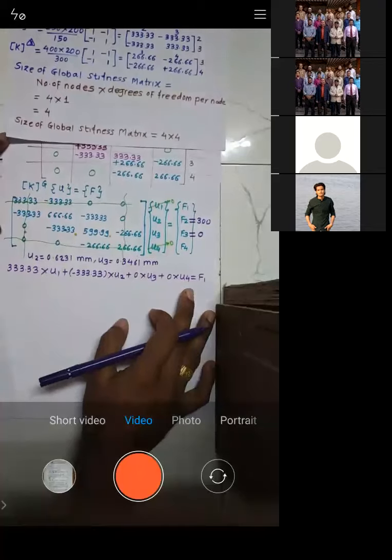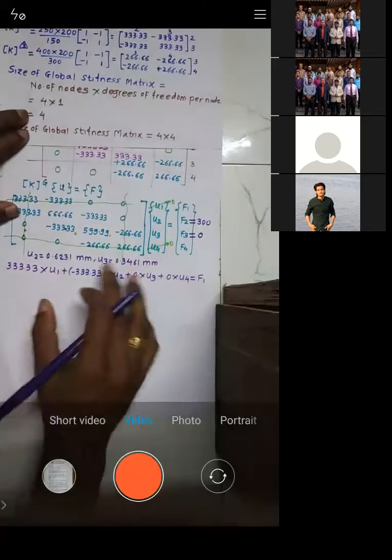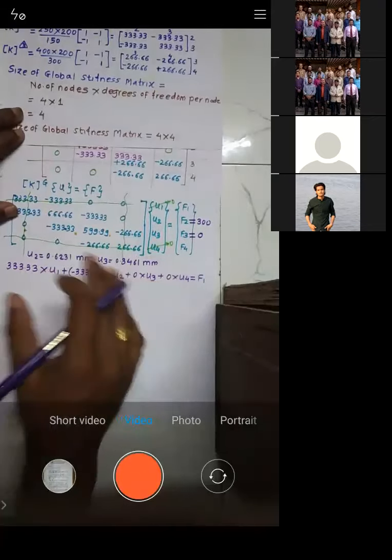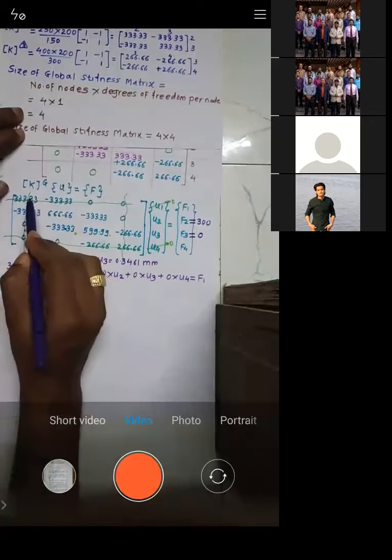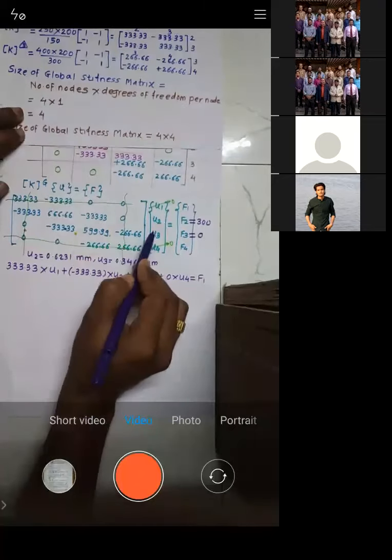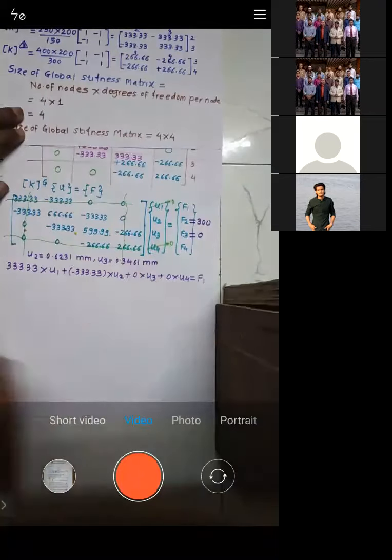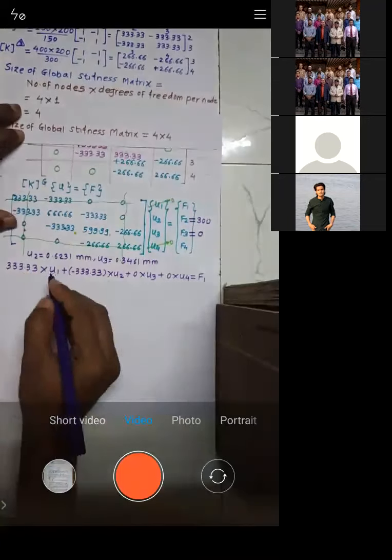Now see, I'm writing this detail because this is the first column which we are taking. Afterwards, I will not write down this step. I will directly see this is 0, so no need to multiply this, because this is already 0. Similarly, no need to take this into this. So in the next column, I will write it down directly. Okay, so let's put the values.